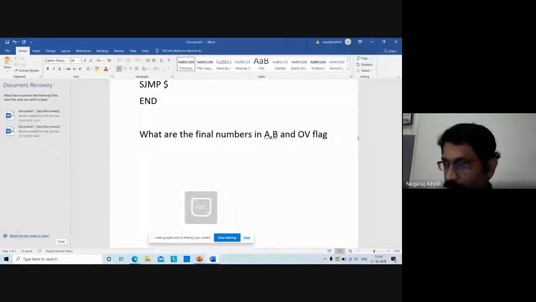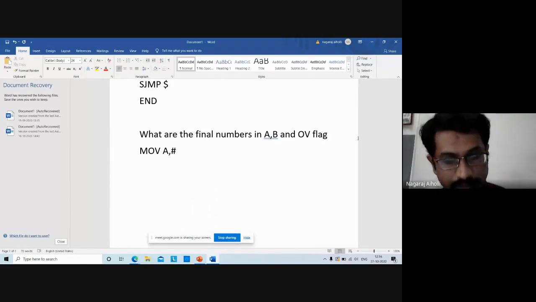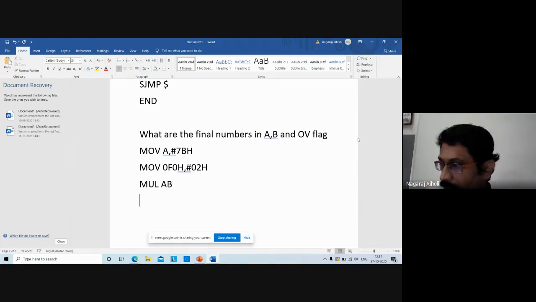I quickly write it. Move A comma hash 7BH, then move 0F0H comma hash 02H, then MUL AB, then move B comma hash 0FEH, then MUL AB.